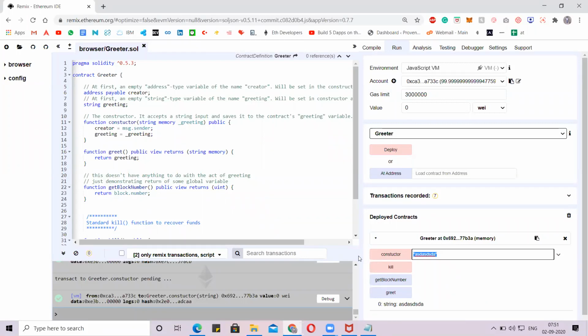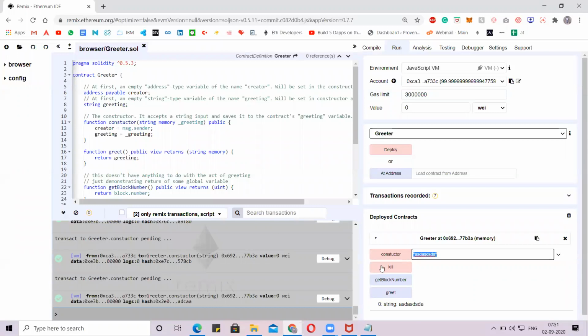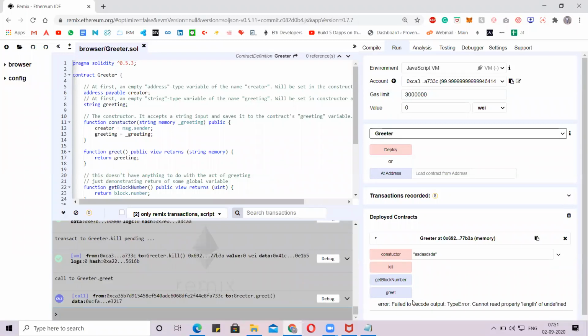But one more thing is there, the kill. What happens if we do a kill? See, when I'm doing a kill, you can see here in the transaction that we are doing a transaction even to kill. Let me just check the greet. Error: failed to decode output, cannot read property length of undefined.